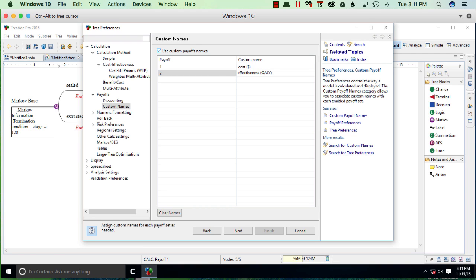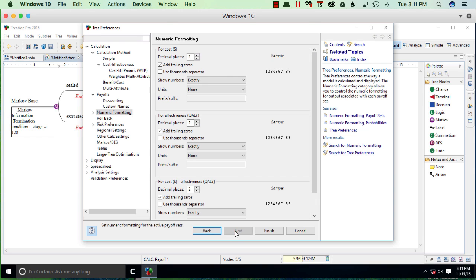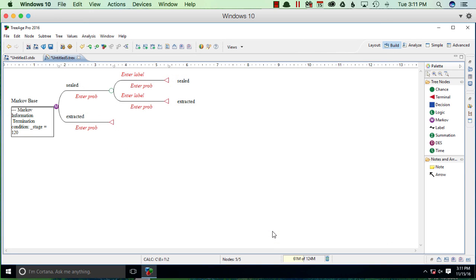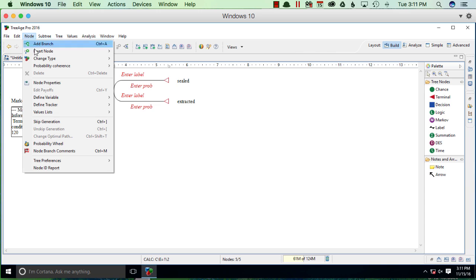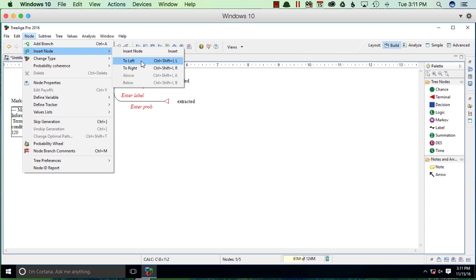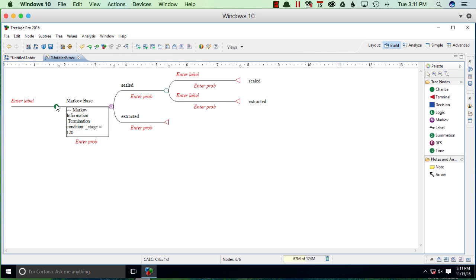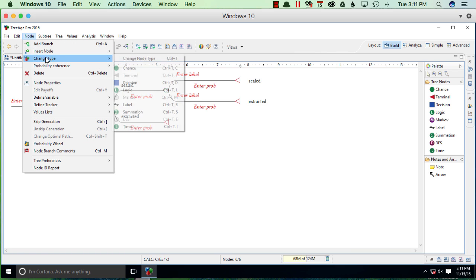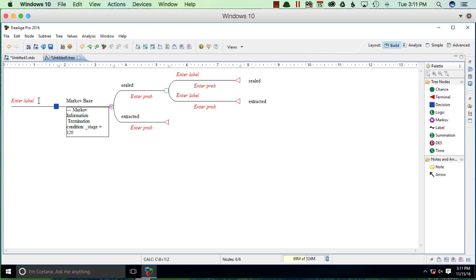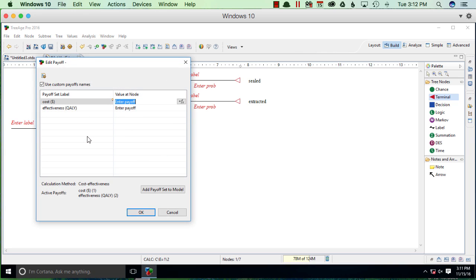Now, normally it prompts us to configure the models. Because we started with a state transition diagram, I had to be more heavy-handed with TreeAge and go to the configuration model by hand. But the options we put are just the same, right? So now you can see on the bottom of the screen it says calc cost effectiveness, outcomes 1 and 2. We labeled those cost and effectiveness. We'd set the willingness to pay for $50,000 per QALY. And what we have here in this Markov base,